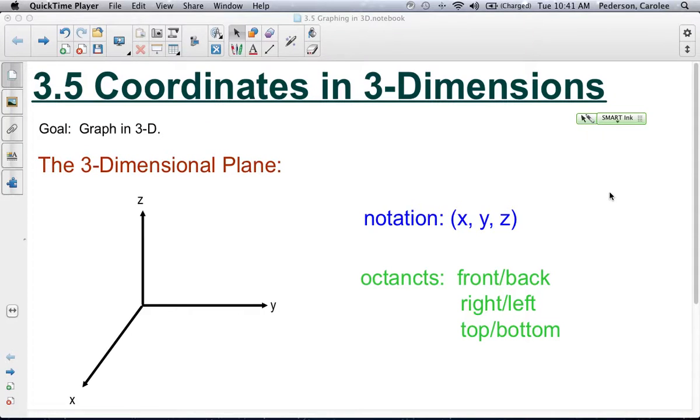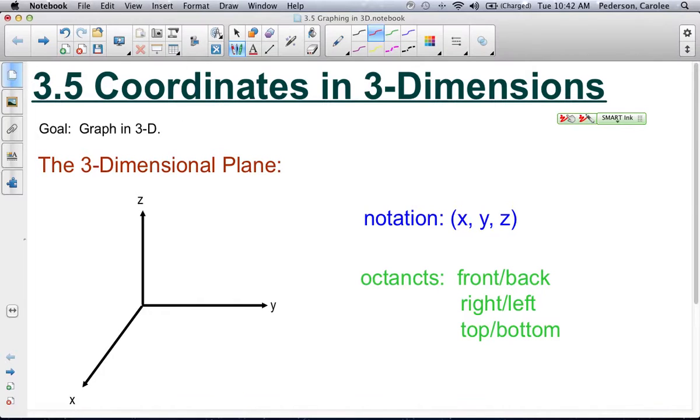Today we're going to teach 3-5, coordinates in three-dimensional space. There are some great pictures of what some three-dimensional planes look like in your textbook on page 214, if you'd like to first look at what those graphs look like. We're going to just do some point plotting of three-dimensional points,